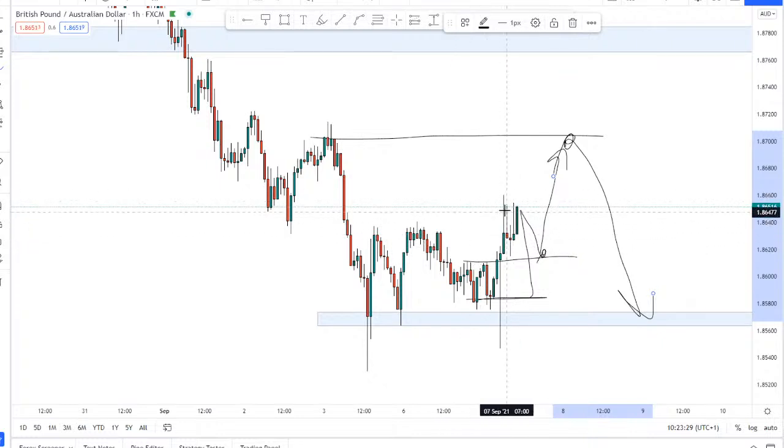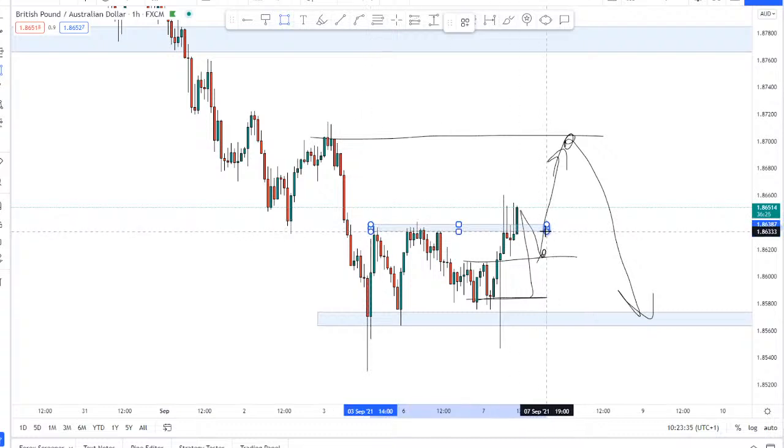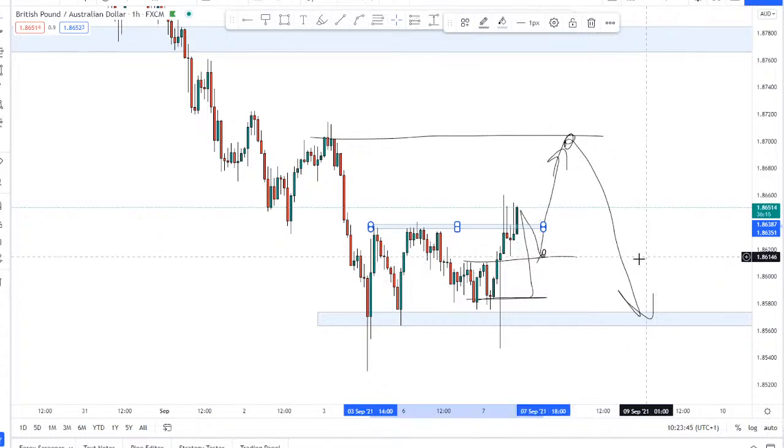Looking quite bullish right now. Seeing a lot of wicks in that area because basically price is getting stuck at this level of resistance, which does make sense, of course. But if we can have that pullback, because it's already pushed up now, I want to see that pullback, not because it has to, but because we want to see an entry, of course. But then yeah, more upside back into